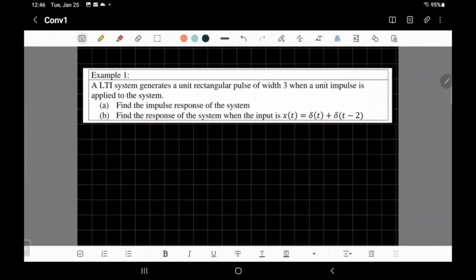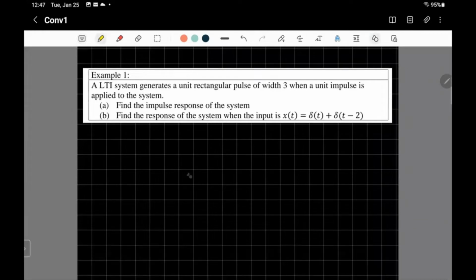So let's figure out how to solve part A. The system generates a unit rectangular pulse of width 3 when a unit impulse is applied to the system. So when you have a system like that, let's just make it a box. And he said that if you have input unit impulse,